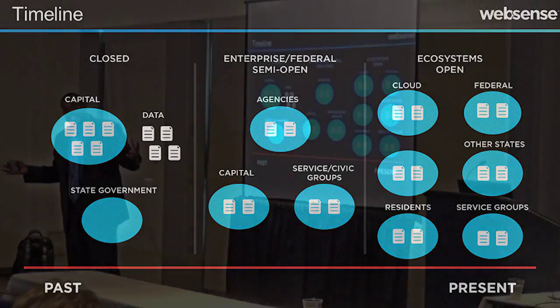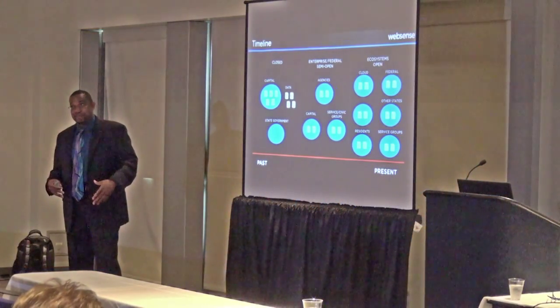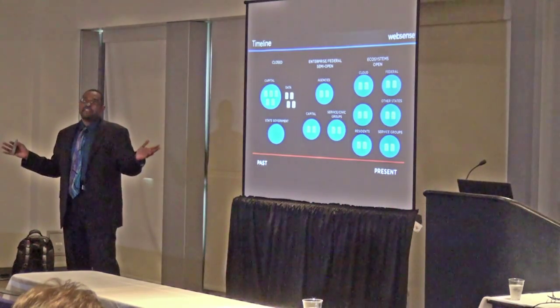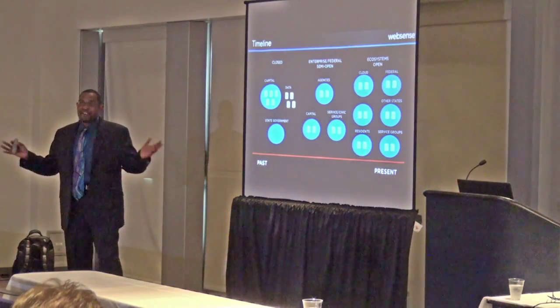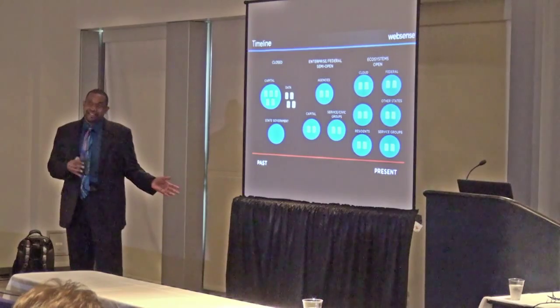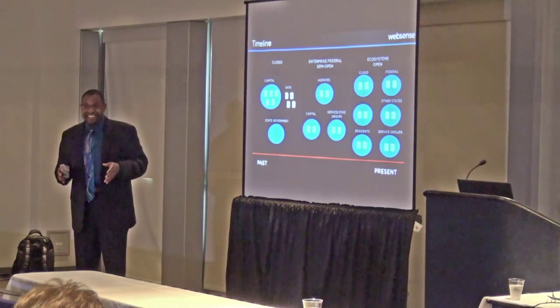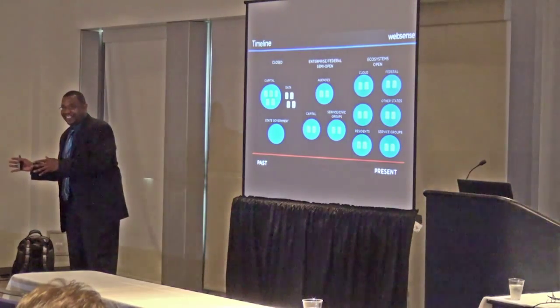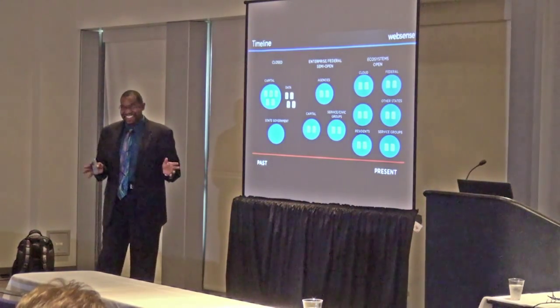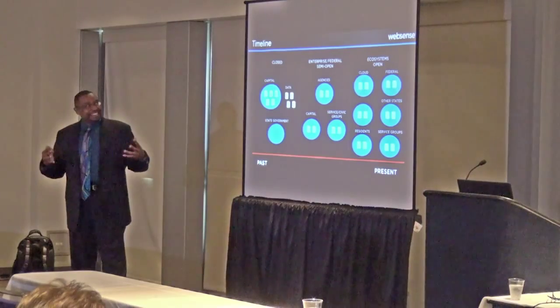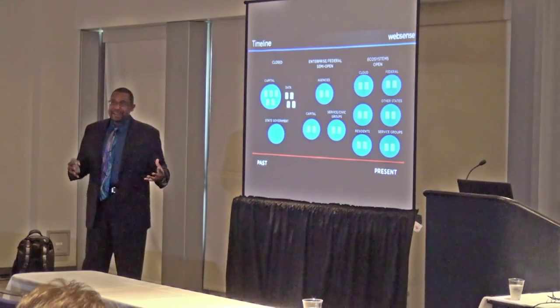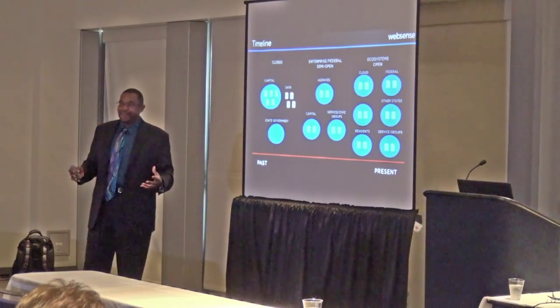Let's open it up to the residents, because the residents may need to consume services from us. Hey, let's be an ISP for the government. Let's do public Wi-Fi and tie it all back into the government systems, because we can get a grant, we can get money, and then that helps us with our roads. There are all kinds of ways that we're getting there. But these are the ecosystems in the present that we have to account for.